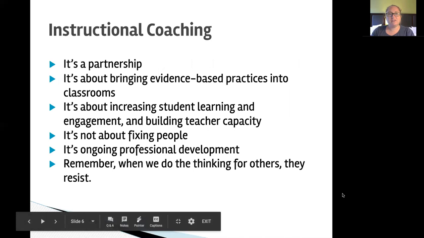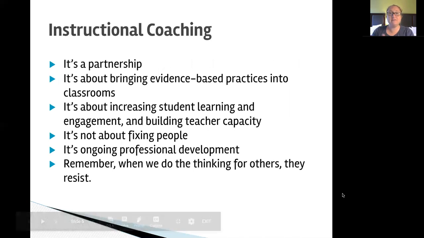So ultimately what instructional coaching is, first and foremost, it's a partnership, and that is so important to remember. All too often, coaching relationships are ruined, sometimes even before they get started, because someone will communicate this idea like the coach is coming in to fix the teacher, or the coach is coming in as more knowledgeable than the teacher. That's not the case. It's truly a partnership where the coach and the teacher work together towards some goal. It's really important to remember that.